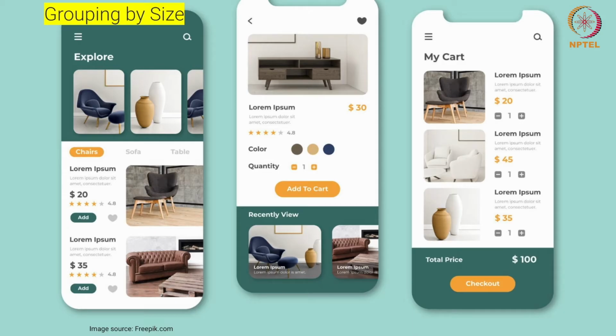And similarly, if you see this segment, the sizes are similar in nature and some of the sizes are half shown. This is part of a UI where things are half shown, especially when you are swiping left and right. This navigates us towards more information and enables us to swipe more.